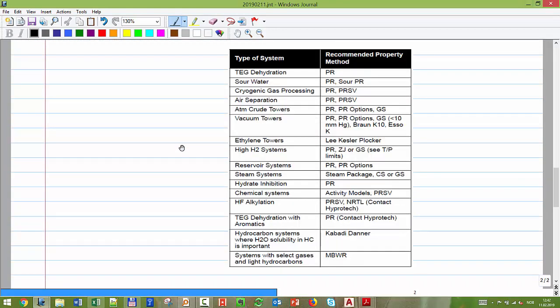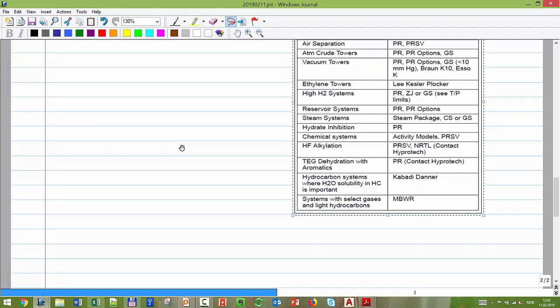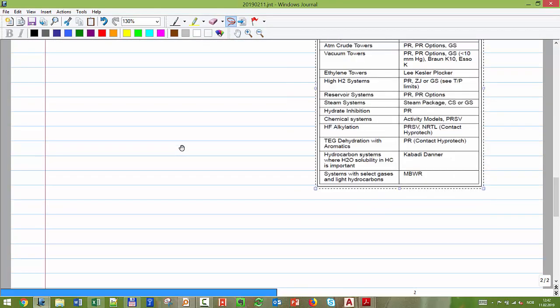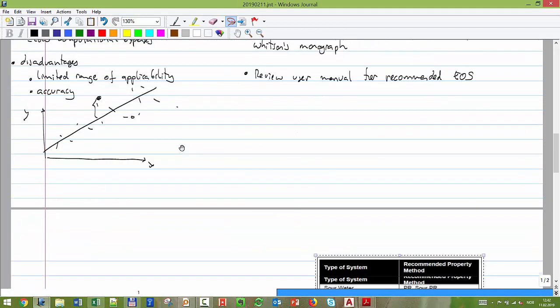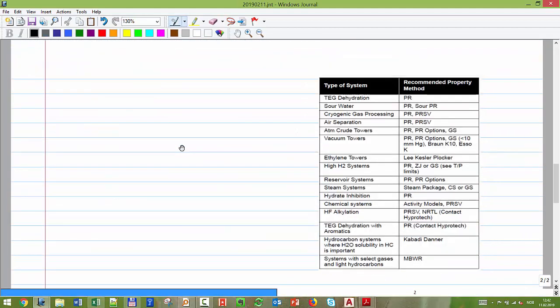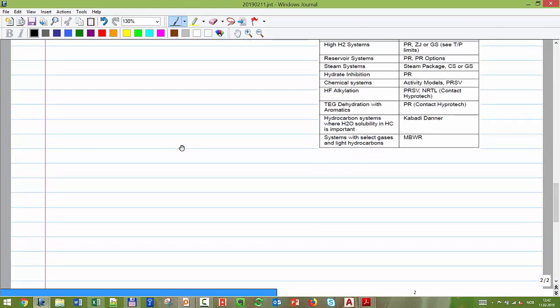On the correlation side, we are going to deal with the equation of state next week, and you're going to use HYSYS for that. But today and tomorrow we are going to be using basically correlations. The way correlations were made is basically following the same principle